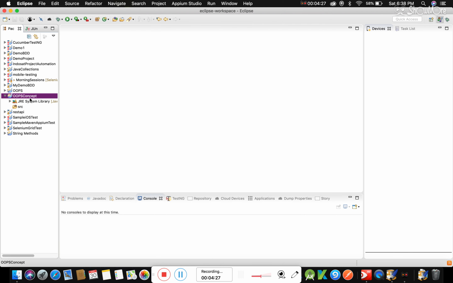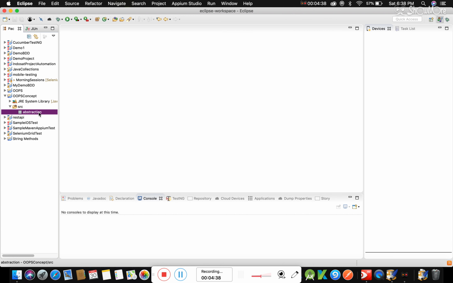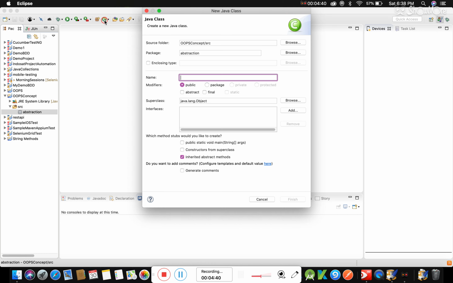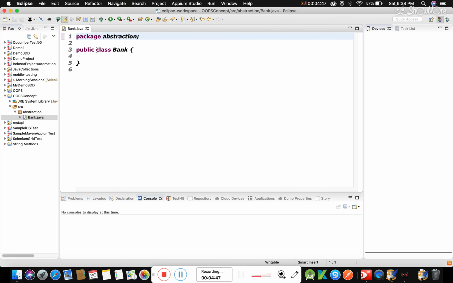Let's create a package inside the source folder, abstraction. Let's create a class Bank and declare it as an abstract class.